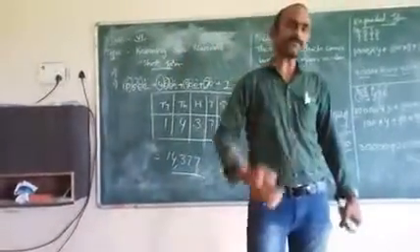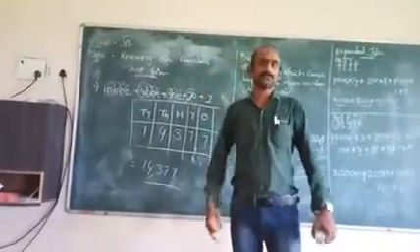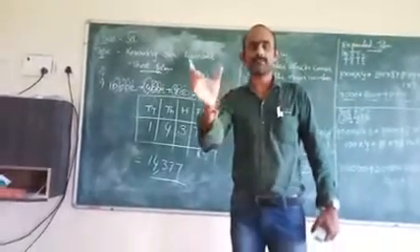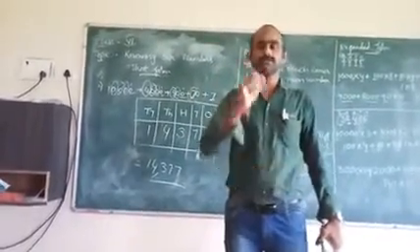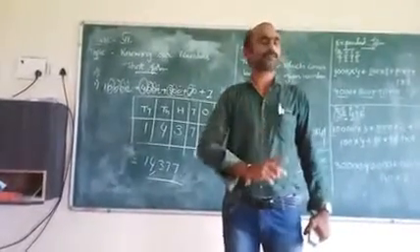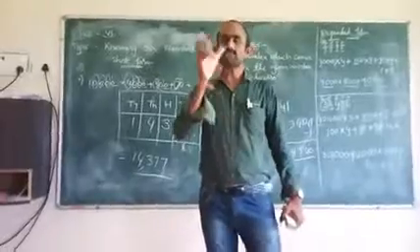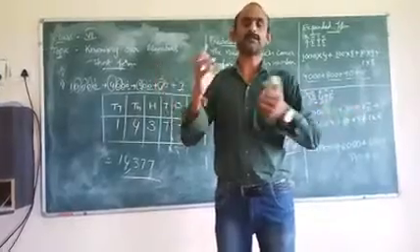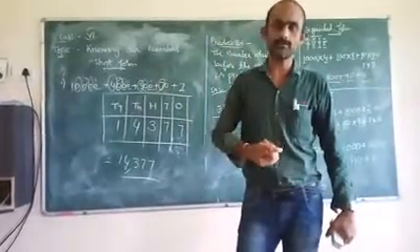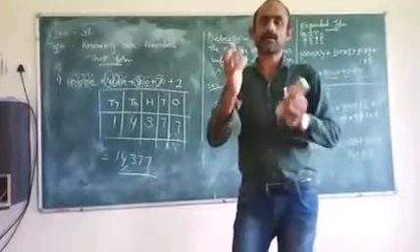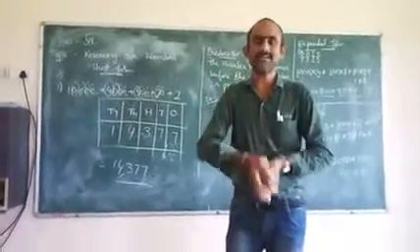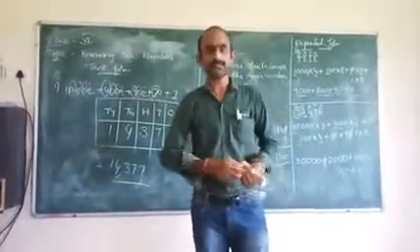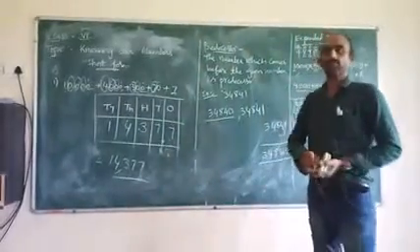Another important topic. So we learn 4 topics: successor, predecessor, short form, and expanded form. What is a successor? If we add 1 to the given number, it is called a successor. If you subtract 1 from the given number, it is a predecessor. Writing according to the place values is called expanded form. Adding all the numbers and keeping them according to the place values is called short form.